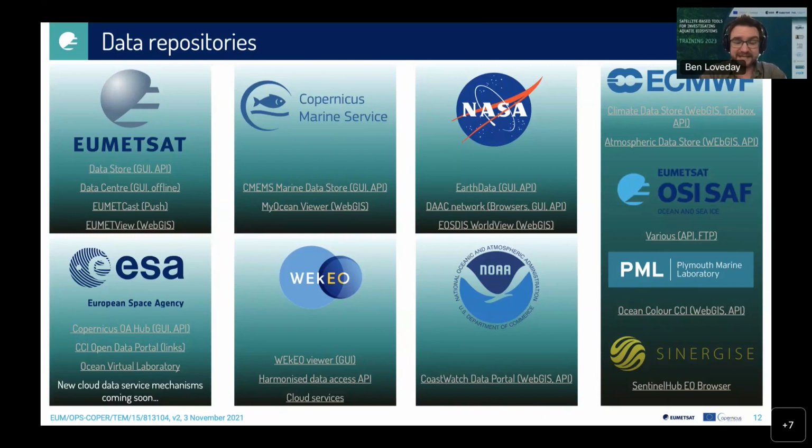They have the CCI data portal, which links out to other services to acquire CCI data. They have the Ocean Virtual Laboratory for exploring data through a web visualizer. And they also have a new cloud data service coming soon. The mechanisms are changing quite quickly here. So that's the only one on here that's not a link to an actual service. When you get the presentation, the rest of these will link out to the services we're actually going to show